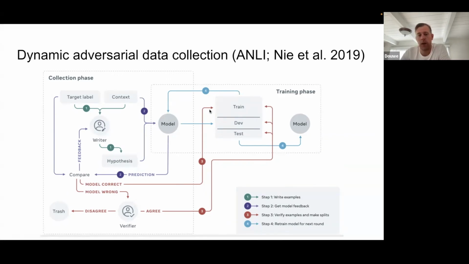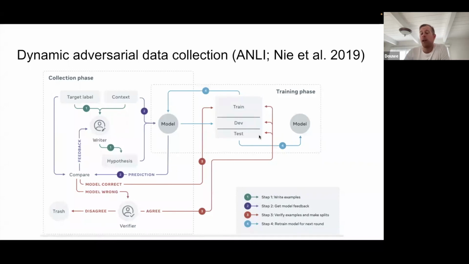If the model was right, okay, that's sort of interesting. Still, we can use that data, we can put it in the training data. If the model was wrong, we obviously need to double check that the model was actually wrong and that we weren't just getting fooled by a mechanical Turk worker, for example. So if enough people agree, then this data is very useful because it's an example where the model currently fails. So this is something we want to learn from, and this is something we want to use to measure progress on. So what we do with these examples is we include them in the training data, in the dev